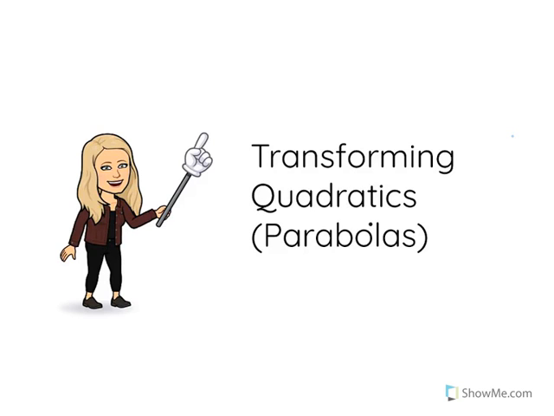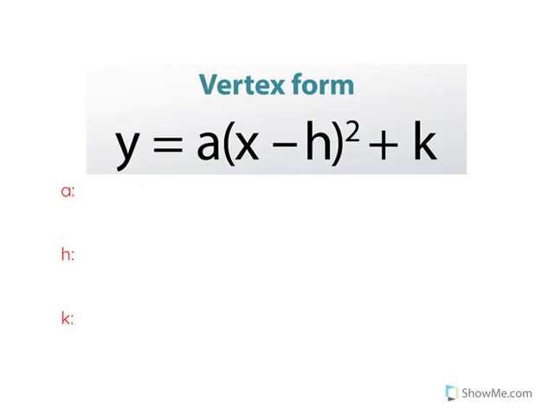Hi, in this video we're going to learn about transforming quadratics or parabolas. The form of the quadratic that we are going to be looking at is called vertex form. You'll see that there are three numbers that we're going to be changing: a, h, and k. The x and the y are going to stay the same, but the a, h, and k are what we're going to be changing,